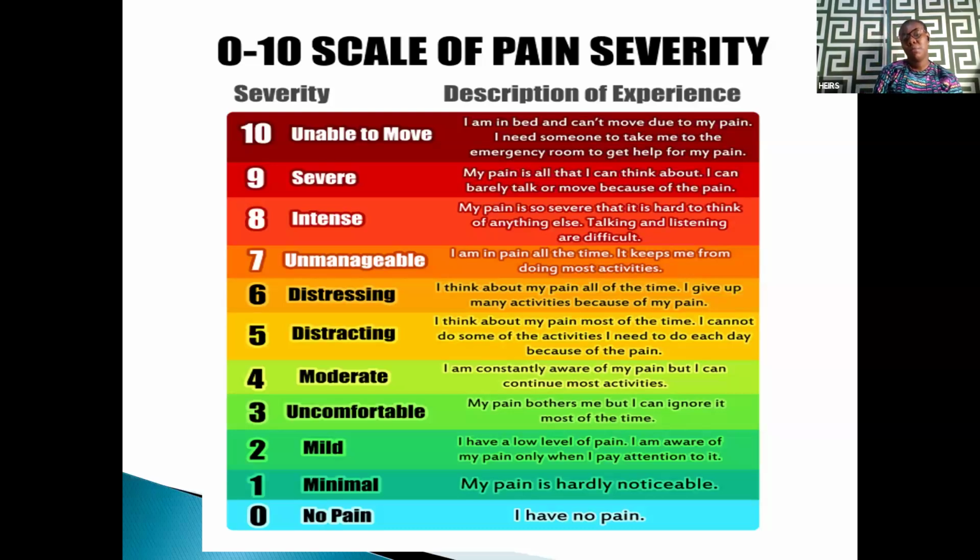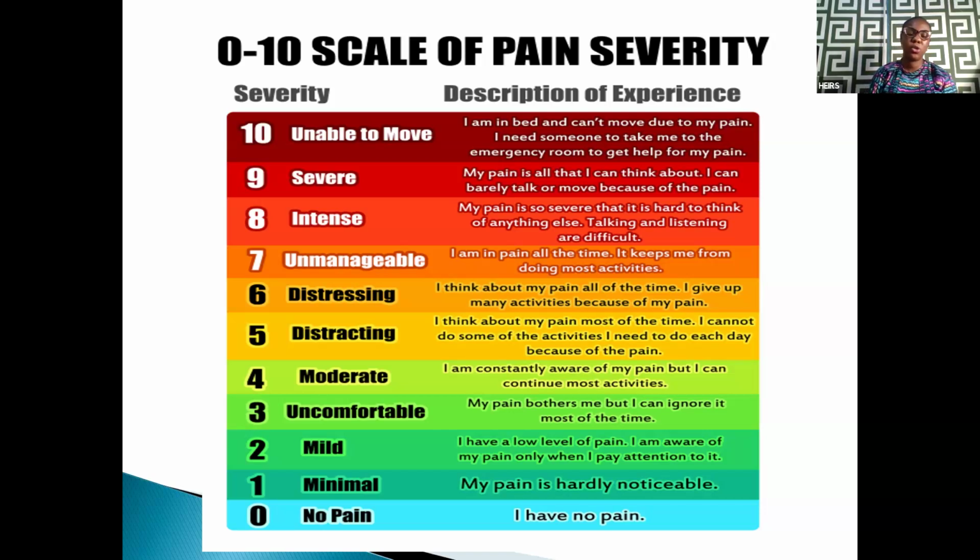Someone who says the pain is mild, that's a pain of 2 on the scale. It means the person has a low level of pain and is aware of the pain only when he or she pays attention to it. Again, not a very bad pain. Then someone who has a pain scale of 3, it means the pain is a bit uncomfortable. So the pain bothers them. They cannot ignore it most of the time. At this point, usually intervention must be done, either with the patient's painkillers, some supportive care, and some other instructions that would have been given to you by the patient's